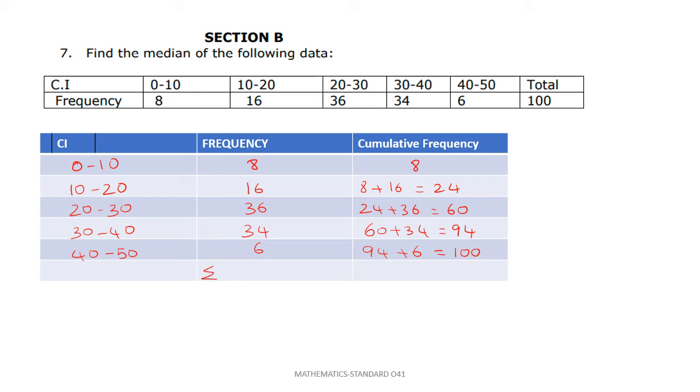let's find the sum of the given frequencies. When you add everything, it will be 100. We can find it from the last value of the cumulative frequency also. Now to find the median, find the total frequency. Total frequency n is 100. So we want n by 2 to find the median class. n by 2 is 100 by 2, which will give you 50. So now the cumulative frequency just greater than 50 is